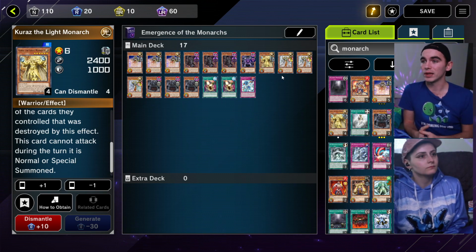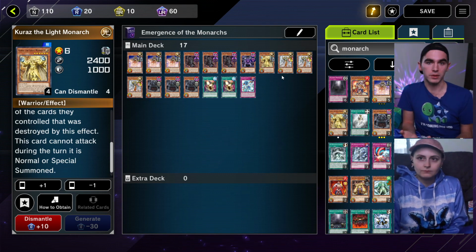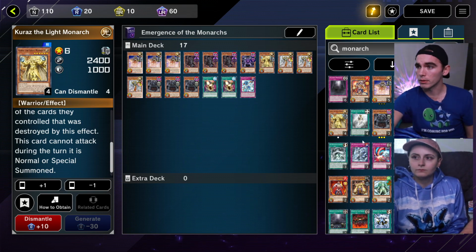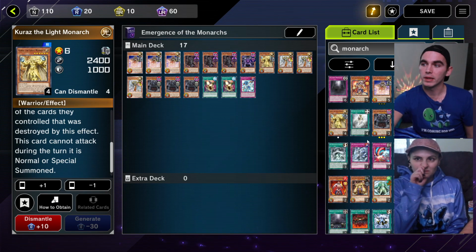And then if you just have an excess of your continuous spells and traps, because we will run multiple copies of a couple, you can set them and destroy them with Kuras in order to get bonus draws, which is really good. At the end of the day, you always want to be able to draw more cards if you can. So overall, this is very close to what I'd recommend as a minimum lineup, in my own preference,